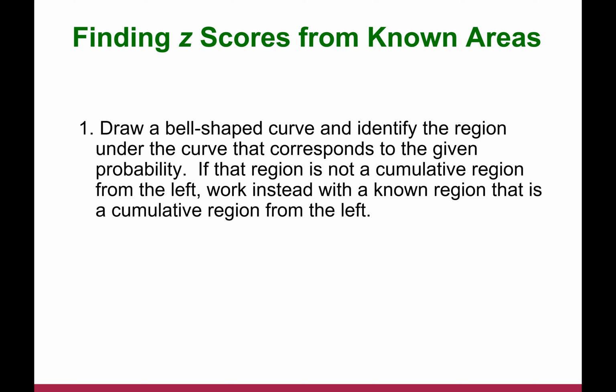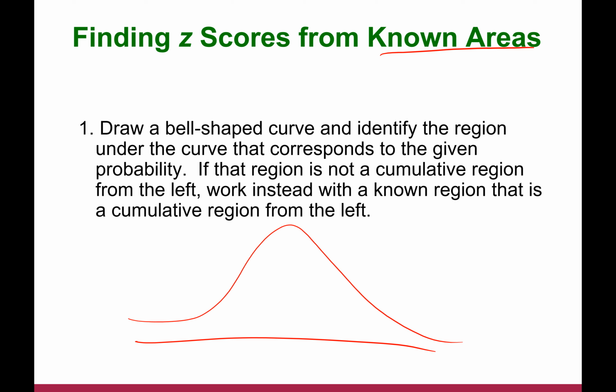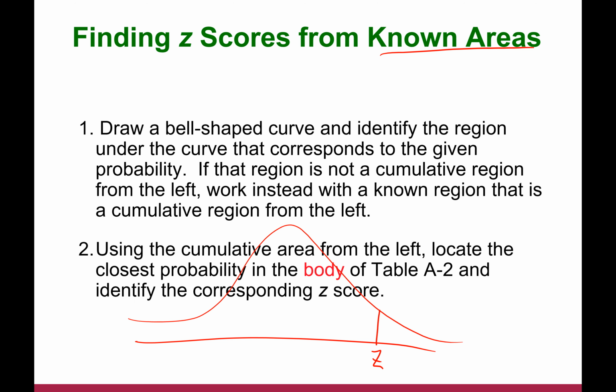We also sometimes have to find the z-score from a known area. For example, you draw the bell curve. You want to find the z-score given the area to the left. Let's say it's 0.95. So you know the area, and you want to go backwards to find the z-score. First of all, you draw a bell-shaped curve, identify a region under the curve that corresponds with the given probability,